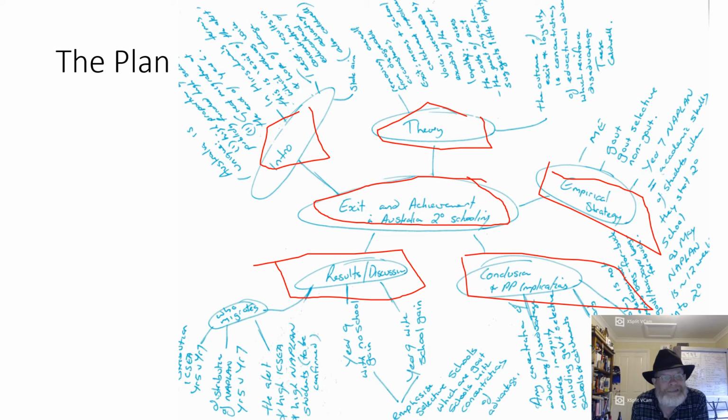Now, for each section, I've then put in little marks you can see coming off. And each one of them is a paragraph or a few paragraphs, okay, about the sorts of things I want to do. Now, I imagine you can't read my scroll, and it's not important to read my scroll at this stage. The idea is to realize that you start with your main idea, you then split it into sections, and then each section you split into 4 or 5 sections. That's the first stage of a plan, but you don't just leave it there.